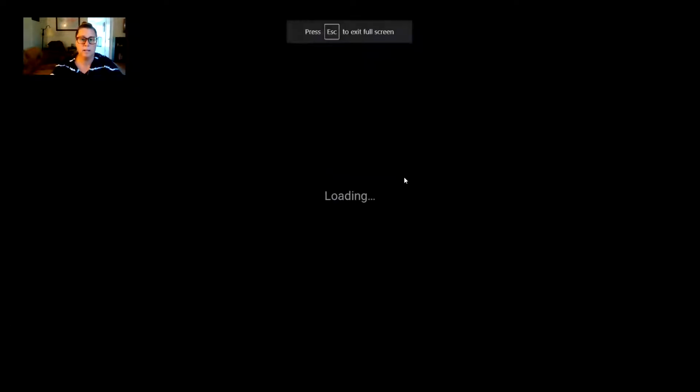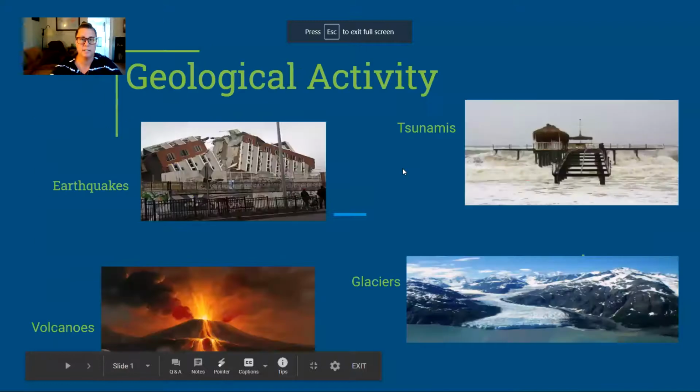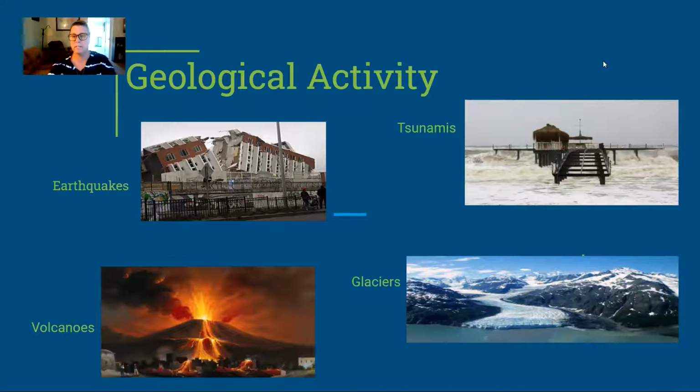Okay, so everybody has access to this slideshow in their Canvas, right? It's module 14.1a. And the slideshow is about geological activity. And we've been talking about the theory of continental drift, which was brought up by Alfred Wegener in 1912. And just to refresh, Alfred Wegener, German scientist, had a few pieces of evidence that he thought substantiated his claim on the theory of continental drift.